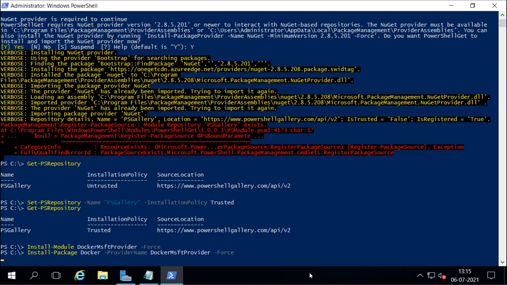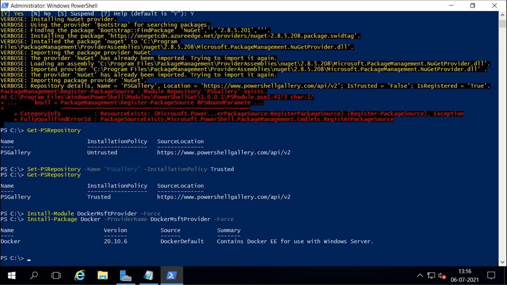Now the installation is done. Now what next we'll do is install Docker itself. So I will run this command to install the package Docker from this DockerMsftProvider. Now remember this also, we need internet because it is going to download the Docker software itself from the internet.